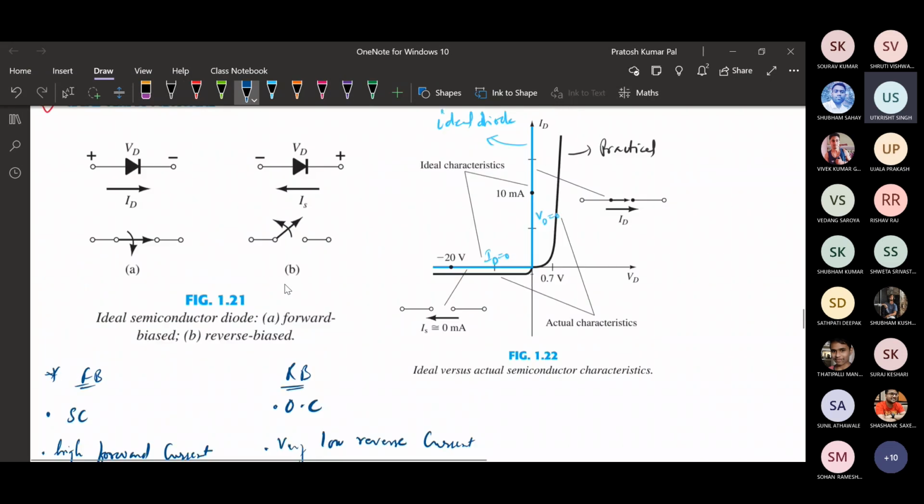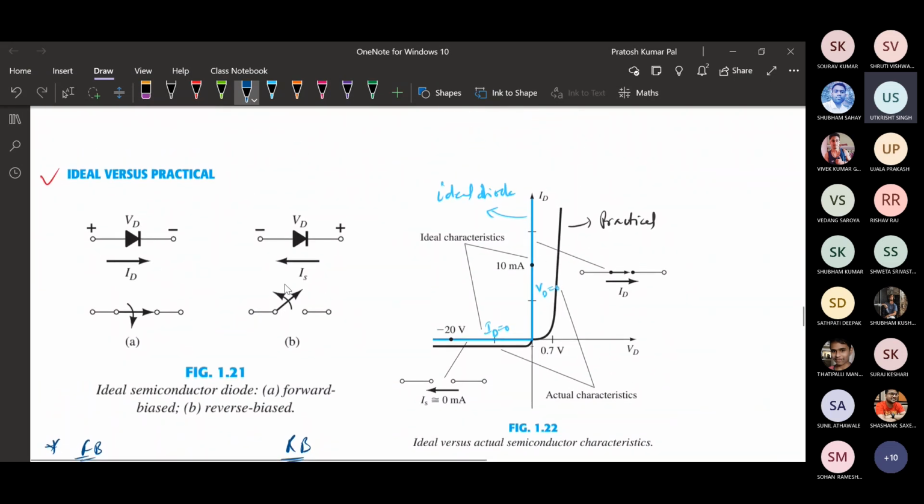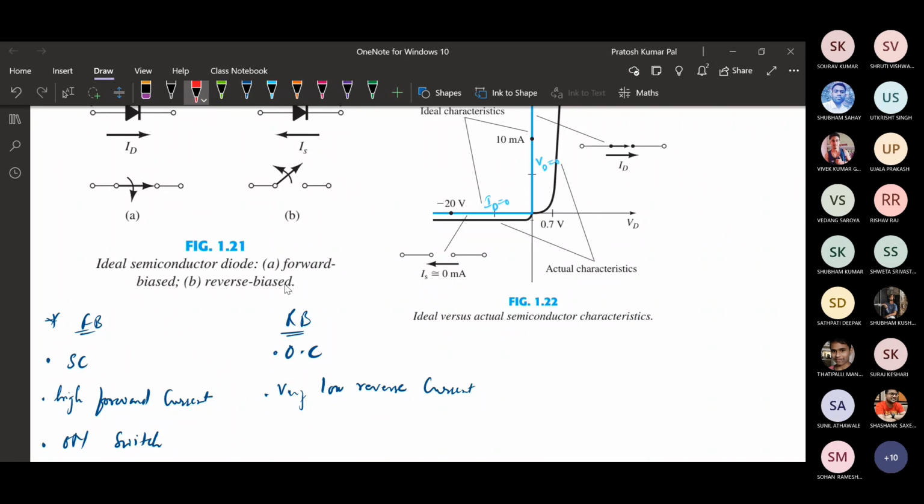That means, what is the difference between a diode and a switch? So ideal diode versus a switch. If the switch is open circuit, no current will be flowing. The current will be zero. If it is closed circuit, the current can flow either in this direction or this direction. This is the case of a switch. But in case of an ideal diode, it is a closed switch or short circuit case, but the current will only be passing from positive to negative. That means the current will only have one direction. So this will be the direction of current.